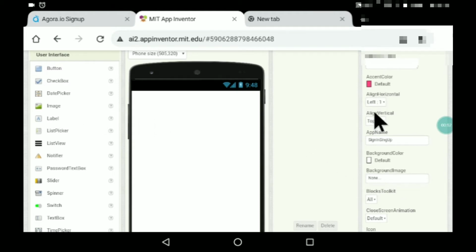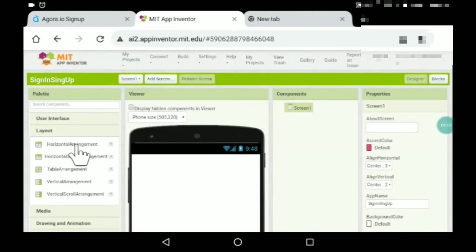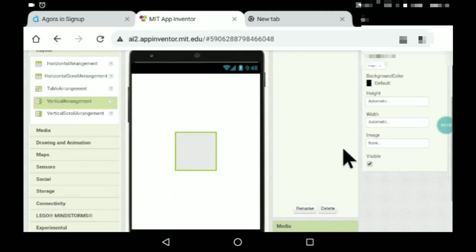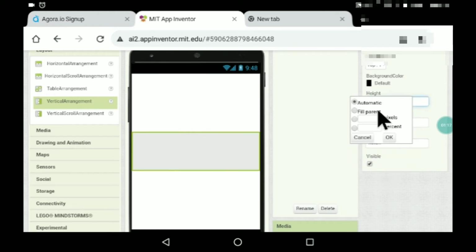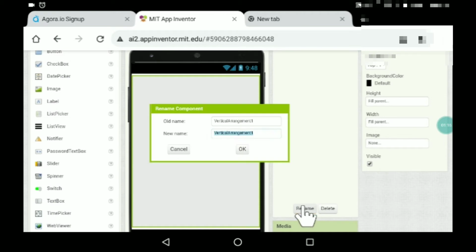So in today's video I'll be teaching you how to make a sign in sign up app. Okay, so I'll just keep this to center. Okay, so here you need to go to layout, and here, sorry, it's vertical arrangement. Okay, keep the width as well as the height both as fill parent, something like this. Okay, here you can rename this to